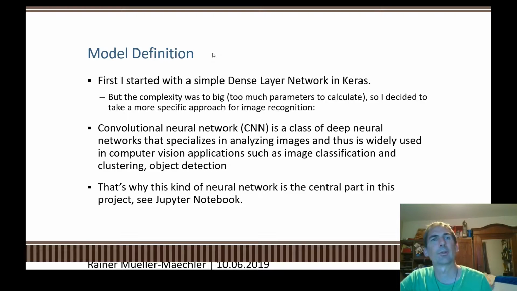So we come to the next step, which is the model definition, which is the core of the project. I tried to start with a very simple dense layer network in Keras, but I realized very quickly that the complexity is very high. There are too many parameters to calculate, so we decided to take a more sophisticated approach, and I used convolutional neural networks,